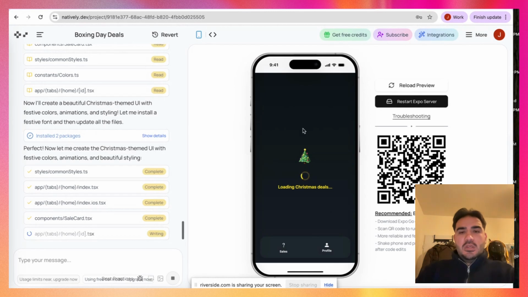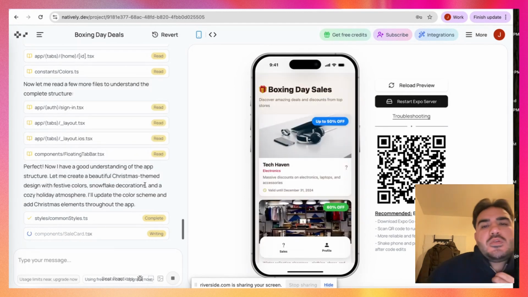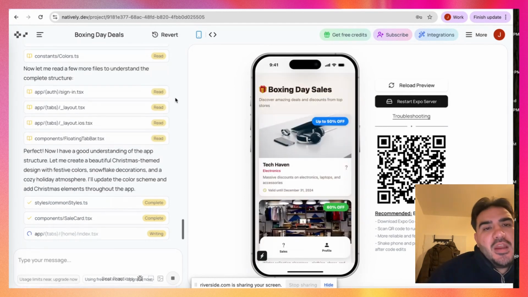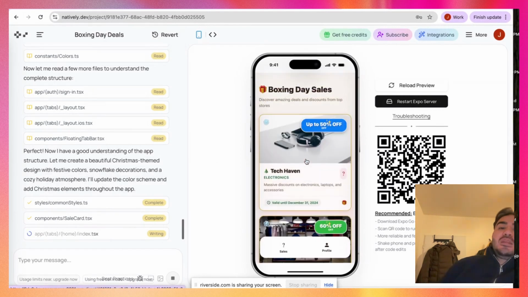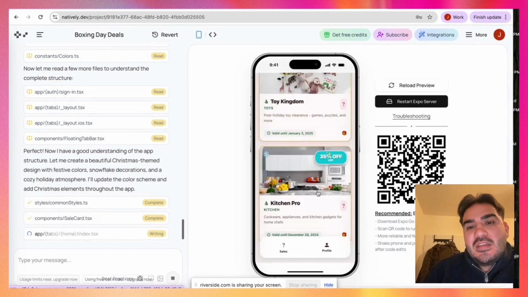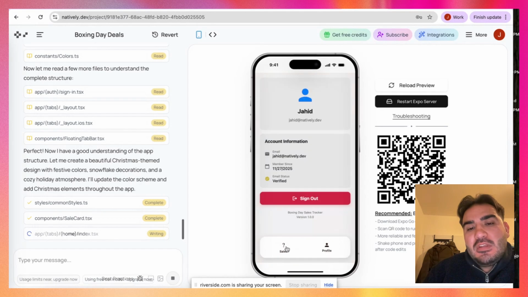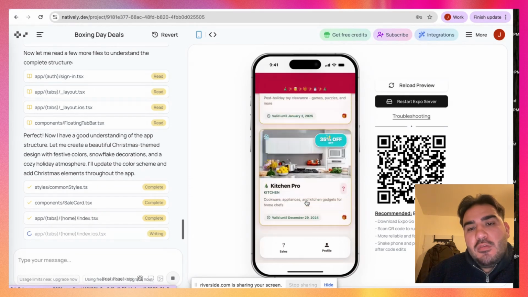So this is loading. I hope it's going to show us, because when we're connecting Supabase, the mockup data should be cleaned and deleted. We just need to add the new deals and offers ourselves here. The last design had some issues. It kept loading, so I reverted the project and changed the design. This is the one, see it now. I like this one more. The black one was not something that I wanted, so I reverted the project and changed the design, and it's actually much nicer. So now this is how our app looks, which is quite nice.